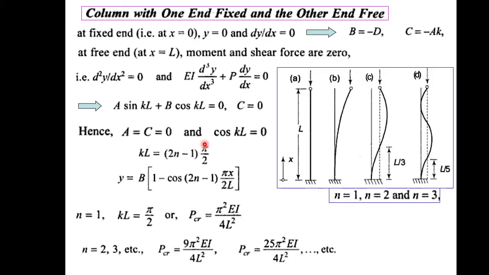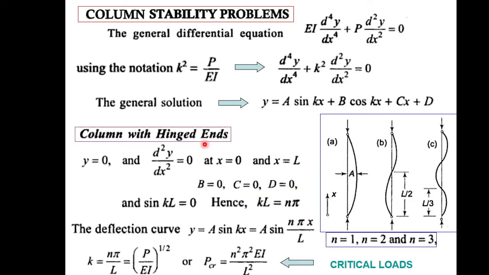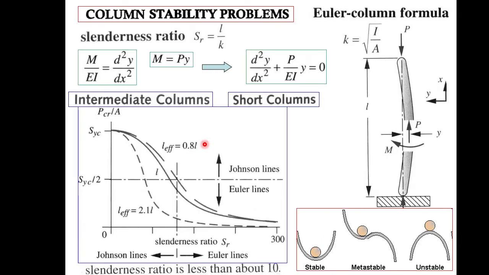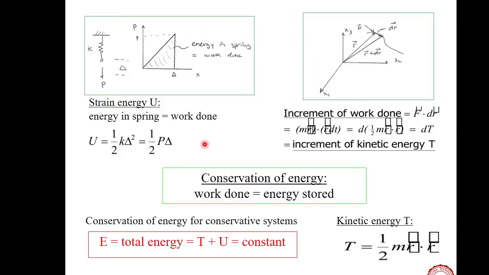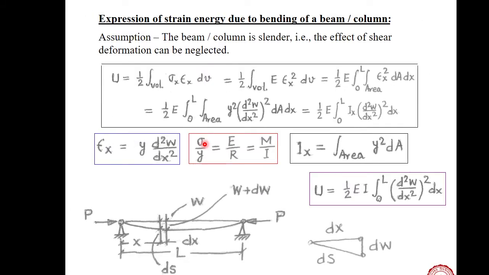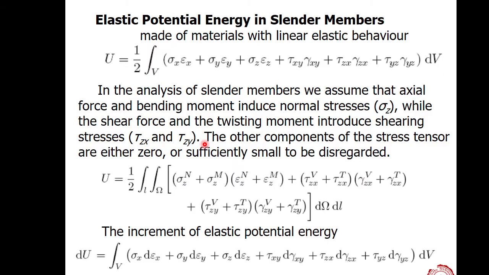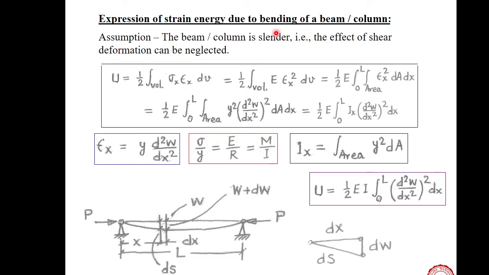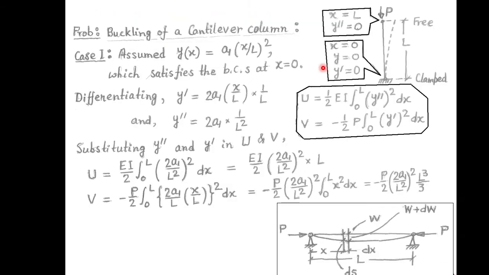That is what is used in the analysis. So this is the analytical solution of the problem. It is known, but we will make an approximate solution of this problem. Let us go back to the buckling problem first. So this is our problem, right? To solve for this particular problem, we are considering the case of a cantilever column. That means one end is clamped, the other end is free.